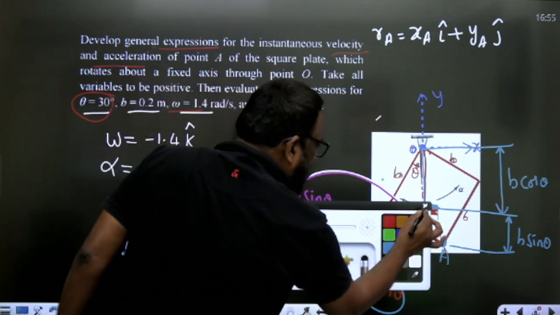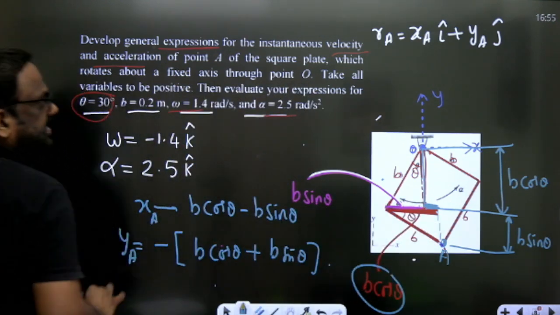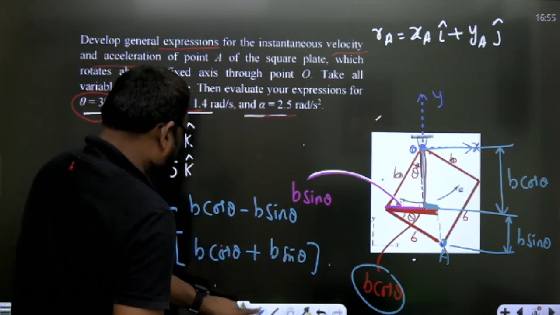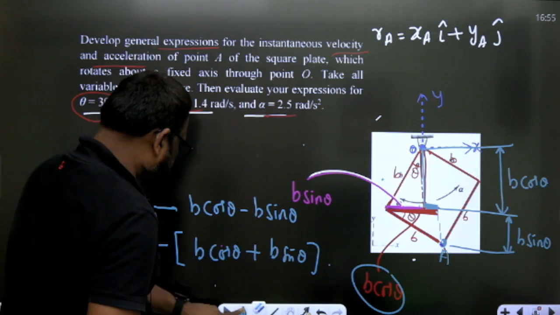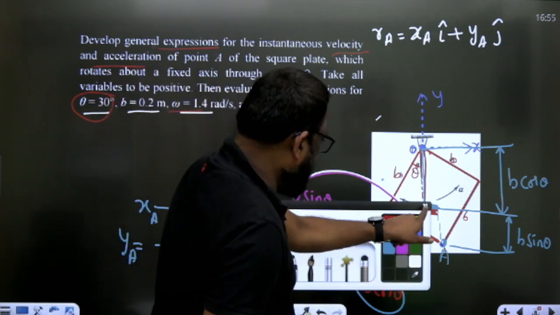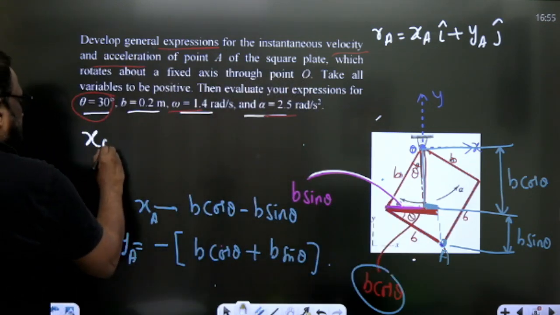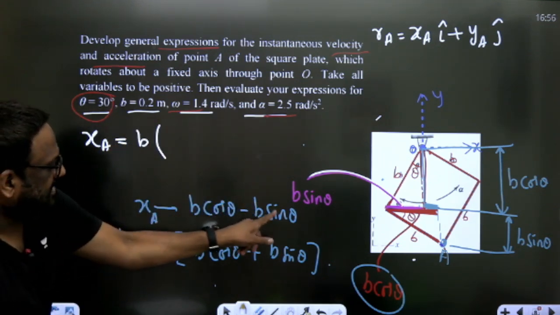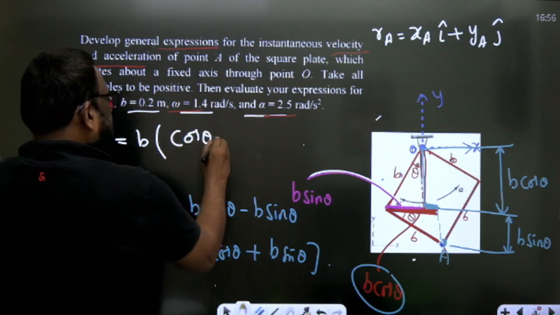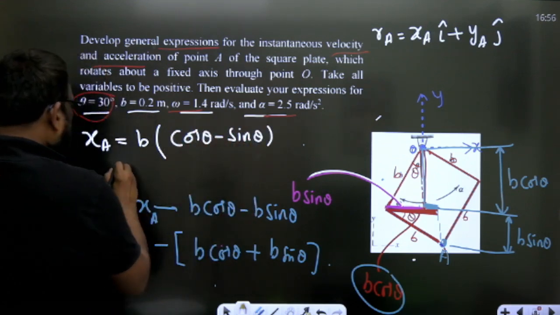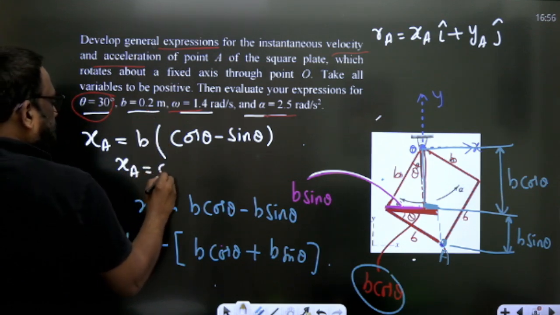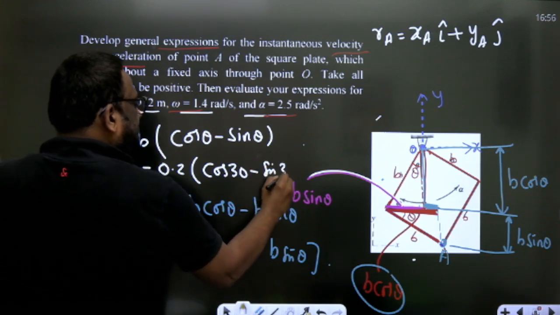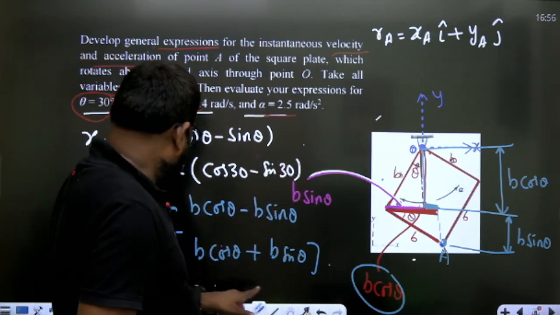माय डियर स्टूडेंट्स, क्या बोला मैं? My dear students, x_A, this is y_A, ठीक है सर। लेट मी टेक b कॉमन, एक सेकंड सर, इसको थोड़ा मैं निकाल देता हूं सर, I need some place to work on, रिस्ट्रिक्शंस है फिर भी हम कोशिश करें। तो x_A will be equal to, b कॉमन ले लेना, ले लिए सर, when you take b common, cos theta minus sin theta. ठीक है। So already b value is given as 0.2, cos theta is cos 30 degree and sin theta is sin 30 degree, ठीक है रे बाबा।